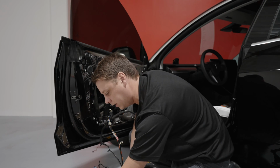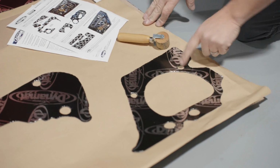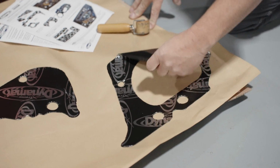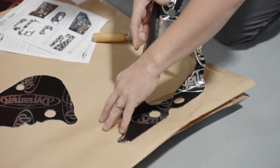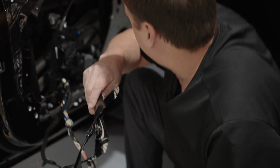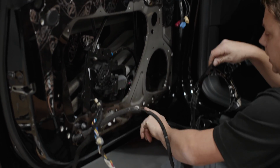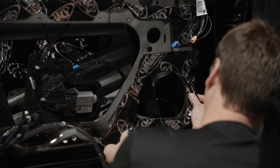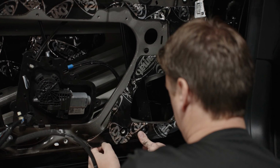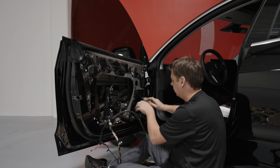Now we're gonna go with D, which is not this one, but this one. And again, these holes here are the ones that go around the actual speaker themselves. So these screw holes are the ones that hold the speaker in, as you see here. Now, because this isn't on the outside, we can